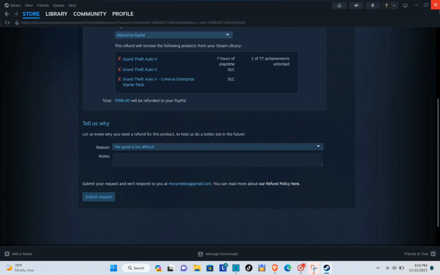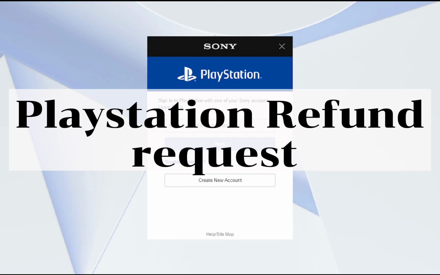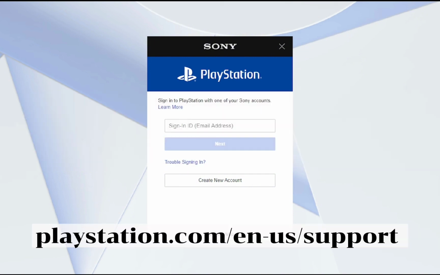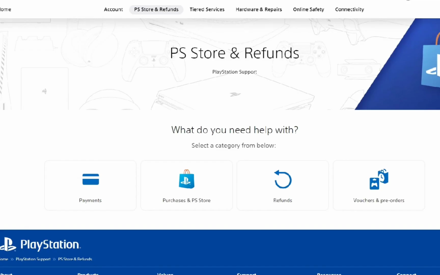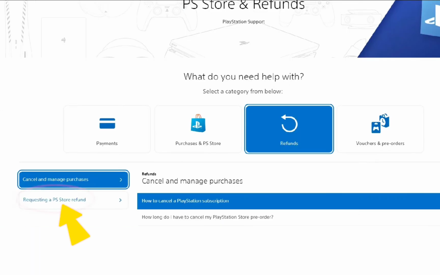Okay, so for the next one, to request a refund using your PlayStation, you will just have to open your web browser and then type out playstation.com/en-us/support. And then you'll be able to log into your account and click on the Refunds and then click on